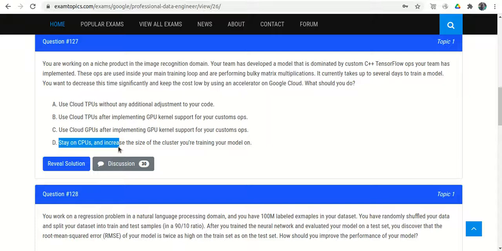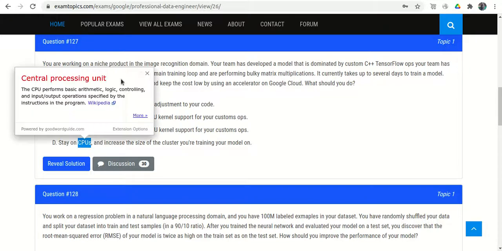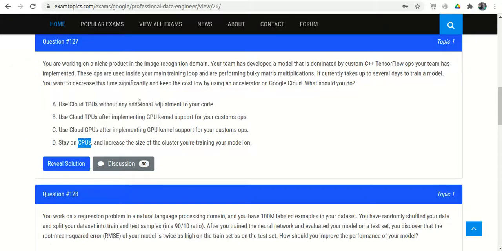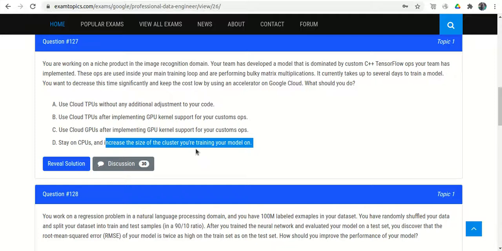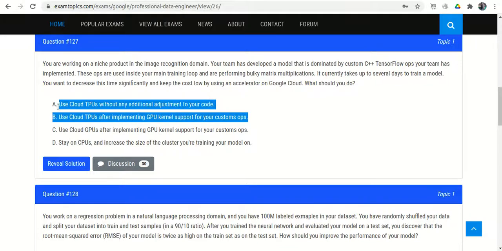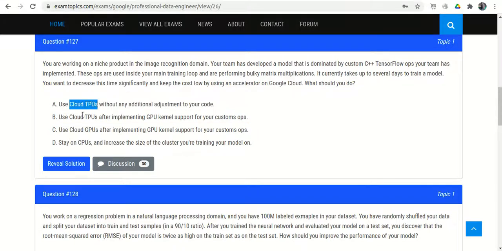But you might think that on the CPU the training time will increase, and the question says the training time should be decreased. But here we are increasing the size of the cluster as well. If the size of the cluster is increased, then the training time will be decreased. Also option A and option B are not applicable, because in option A it is mentioned Cloud TPUs, and in option B it is mentioned Cloud TPUs.